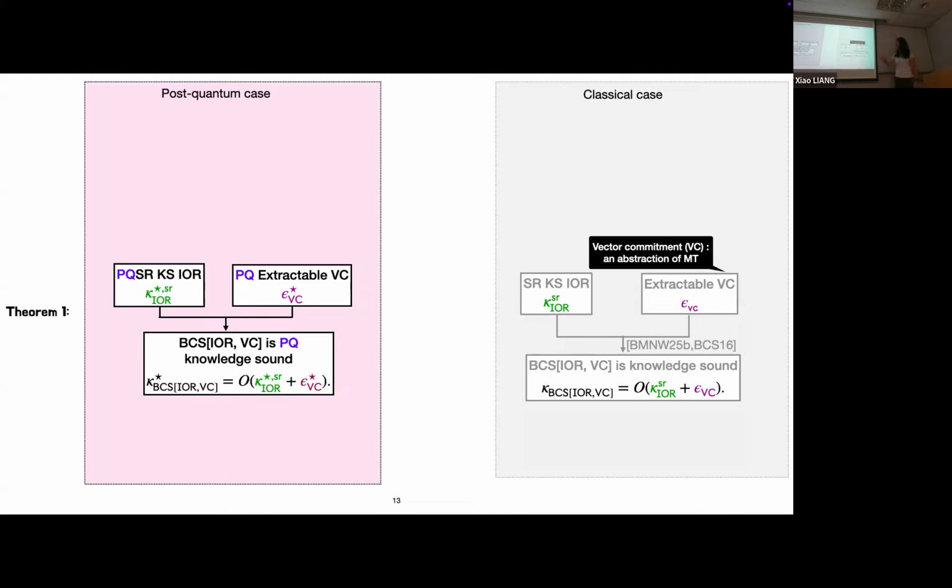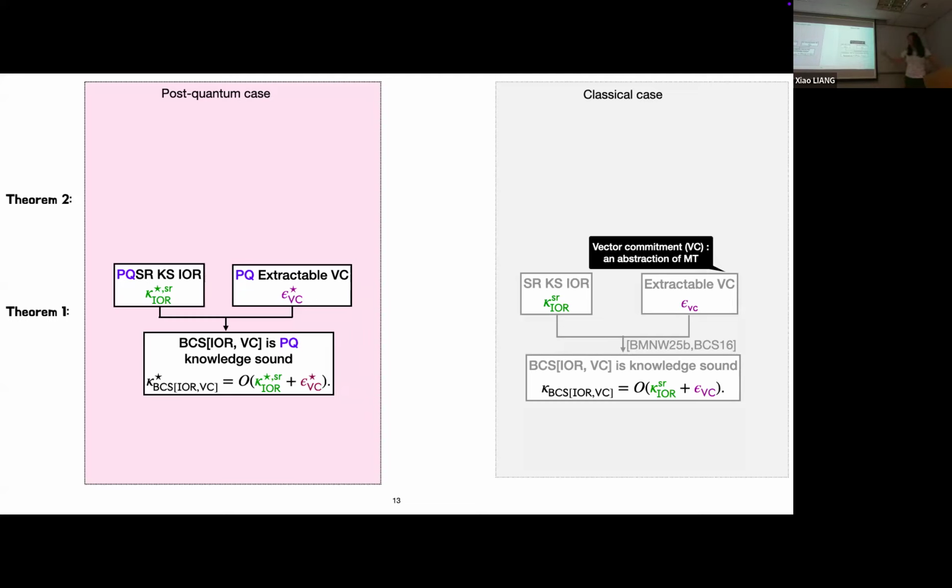Oh, sorry. Yes, true. Sorry, I will get to that very soon. It's basically some knowledge soundness definition for IOR, but we haven't introduced it yet. Classical. Yeah, this is classical, and we define some new quantum state restoration knowledge soundness notion. So that's PQSR. So in the left part, we define both of these notions, and